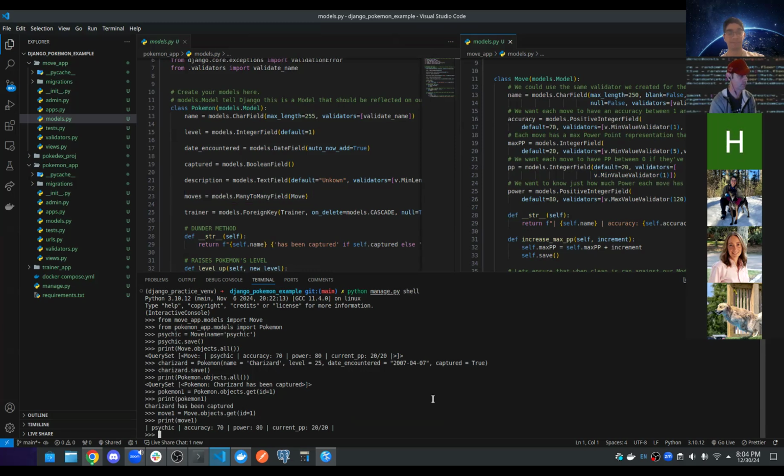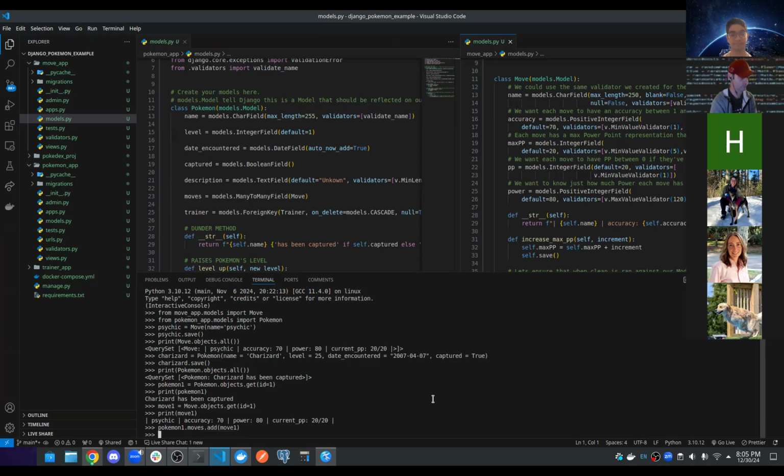We can do that by saying, what's the best way to word this? Pokemon1.moves is the full list of moves that the Pokemon has, but right now it doesn't have any moves. So we can do Pokemon1.moves in order to get at the many-to-many relationship, and then we have .add in order to add to that list. And we can add move 1 to that, and hit enter. Now if you want to type out Pokemon1.moves,